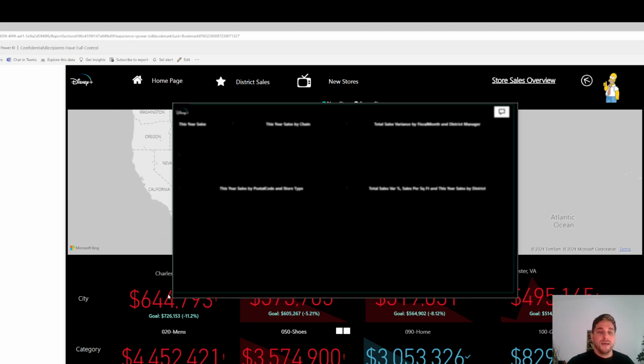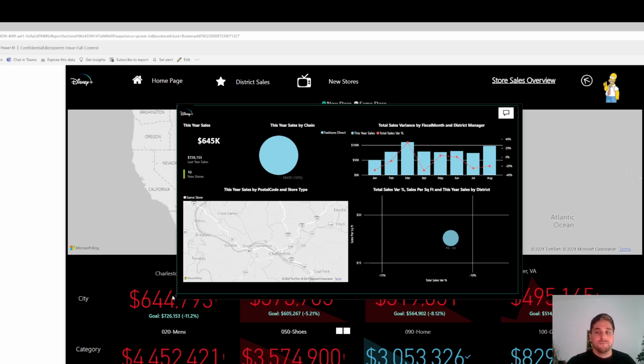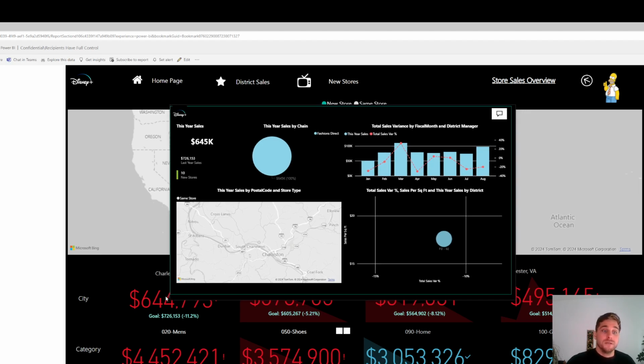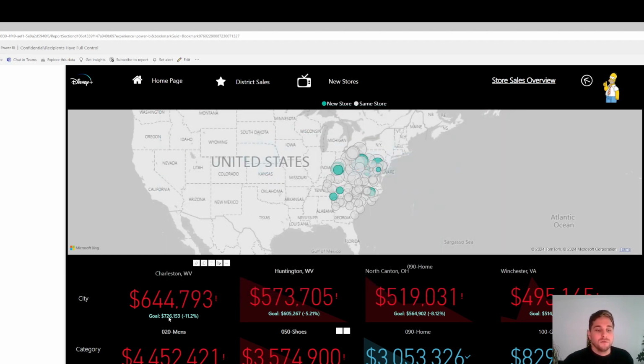And then if we highlight it, we can see why they are not performing well. We can get a bit more details, some variance, and see some different dynamics between the different periods. And we can see this year and last year sales, and the goal here.